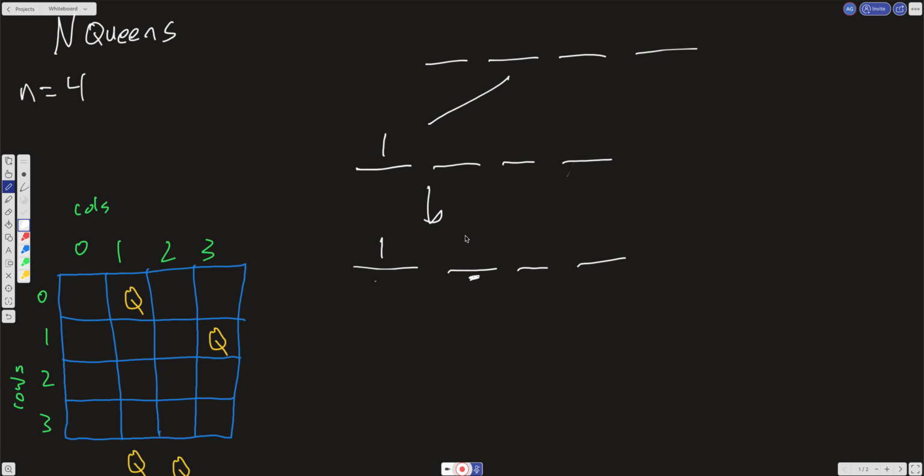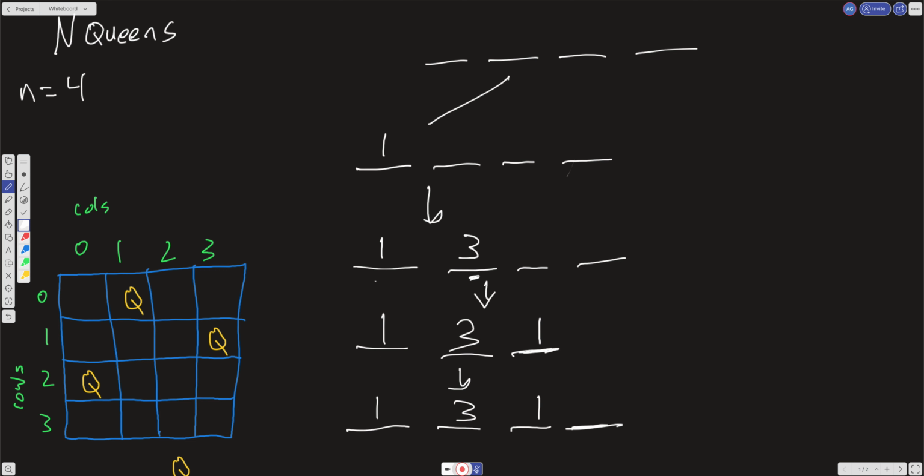So here we're going to put 3 here, then we're going to go down, and now our slate is 1 and 3, and we have to check this index. Where can we place a queen there? So here we can check, can we place a queen here? We can. Okay, great. So we'll put 1 here, and we'll go down, and now we have 1, 3, 1,